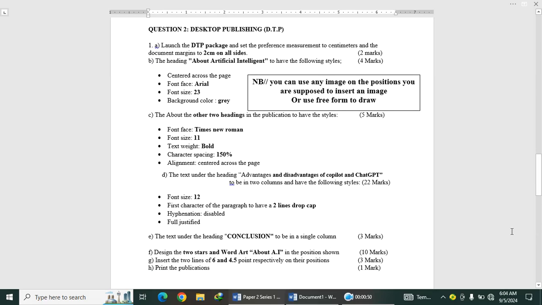Question 2. Let me start with question 2. Launch DTP package and set the preference measurement to centimeters and the document margins to 2 centimeters all sides, 2 marks. The heading about artificial intelligence to have the following styles, that is 4 marks, should be centered across the page. Font face Arial, font size 23, background gray. Note better, you can use any image on the position you are supposed to insert an image or use freeform